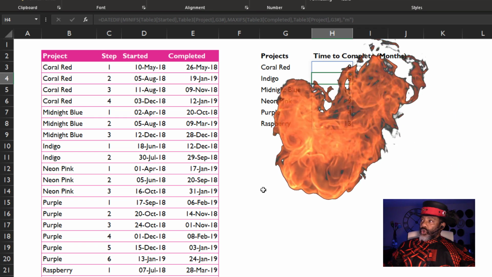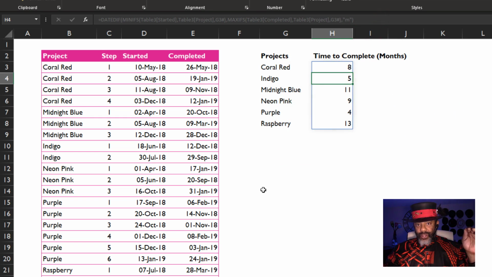That's right. Coral Red took 8 months to complete from May 2018 to January 2019.